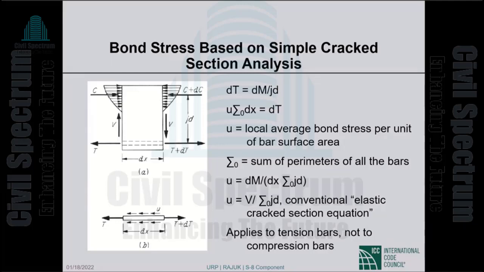incremental tension dt. So this equation is actually the equation of horizontal equilibrium for the free body diagram at the bottom. U is the local average bond stress per unit of bar surface area. Everything that is said needs to be said per unit of bar surface area. And sigma sub 0 is the sum of perimeters of all the bars, as I've indicated. So U then is dt divided by